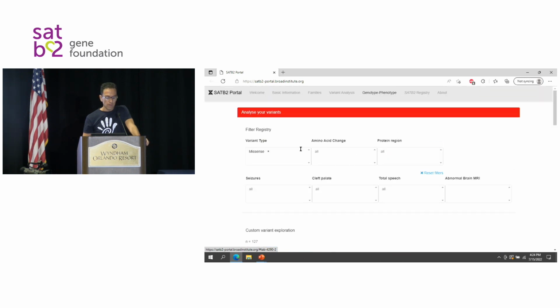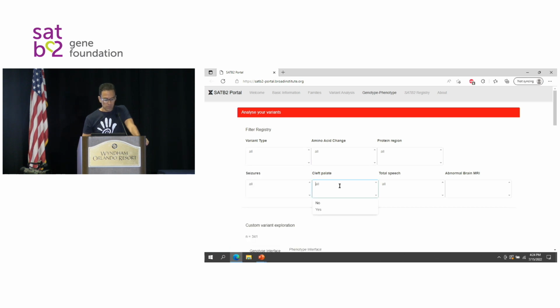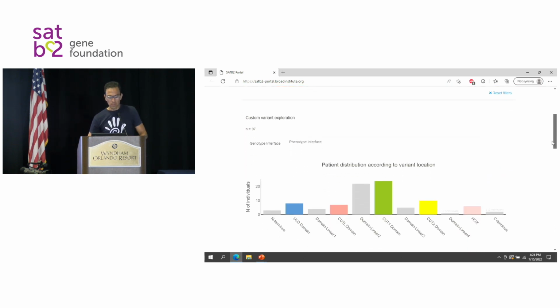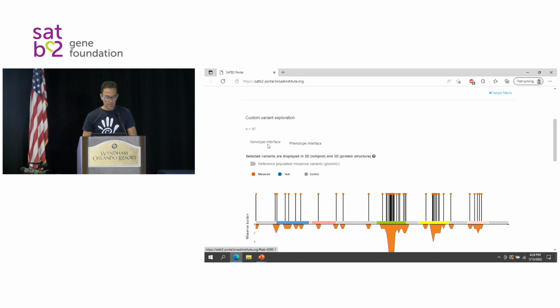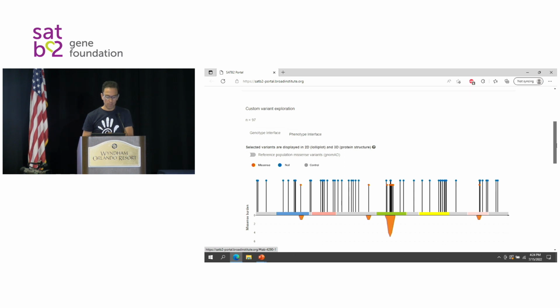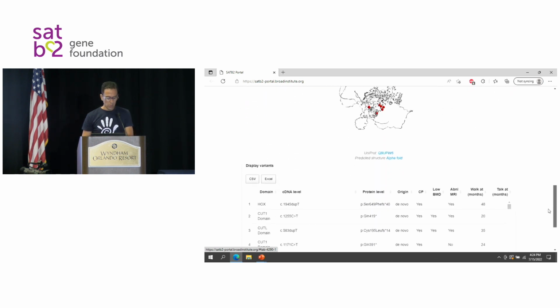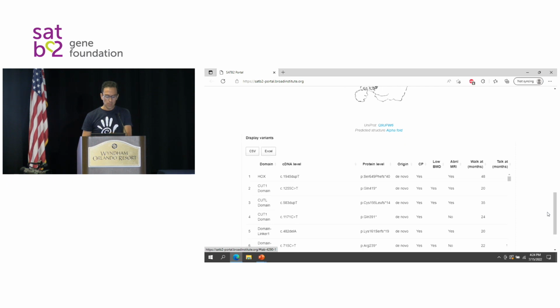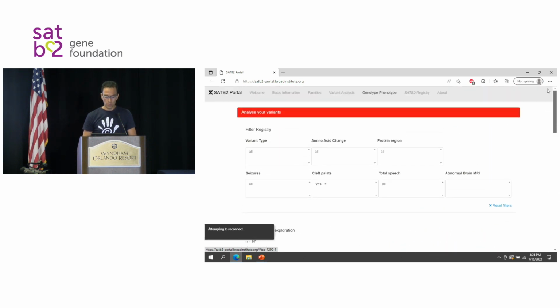Likewise, if I wanted to see who had a cleft palate, for example, I can filter by cleft palate. These are who had a cleft palate in the database, and it tells me who had it. All these genetic changes had a cleft palate. Again, I can download the Excel file here at the bottom, and the common link is that they all had a cleft palate. If you wanted to filter some more, that's how you would do it. Brain MRI is the same. You get the gist of what I'm trying to say.